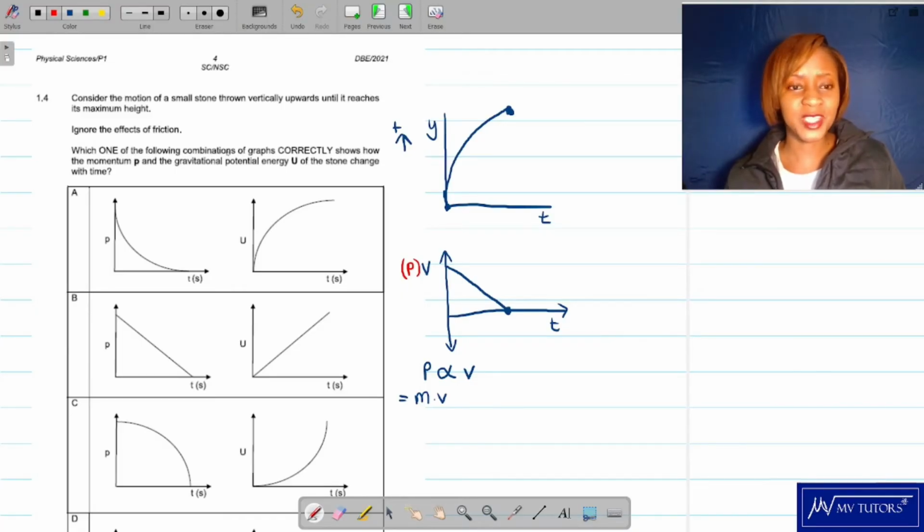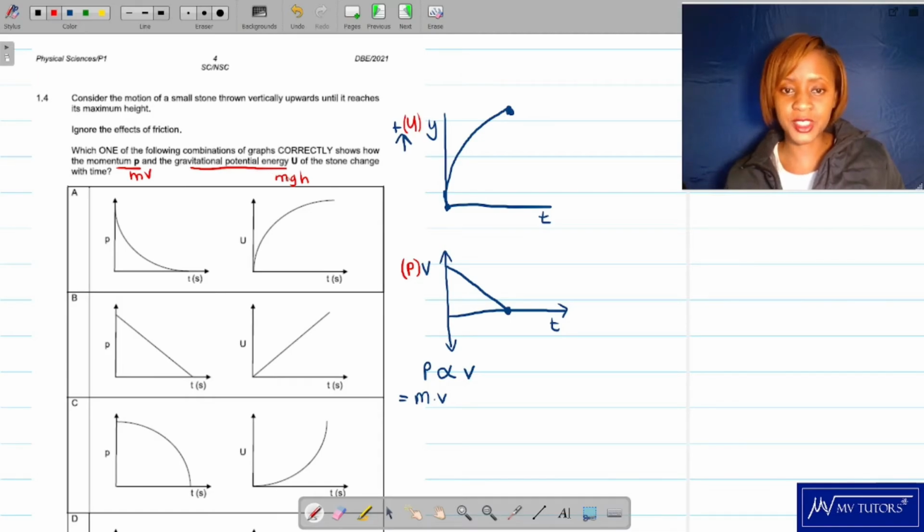Yes, I haven't even finished reading the question, sorry. It says ignore the effects of friction. Which one of the following combinations of graphs correctly shows how the momentum and the gravitational potential energy of the stone change with time? So you have momentum, which is mass times velocity, and you have the gravitational potential energy, which is mass times gravity times the height. So yeah, your displacement time graph actually mimics your